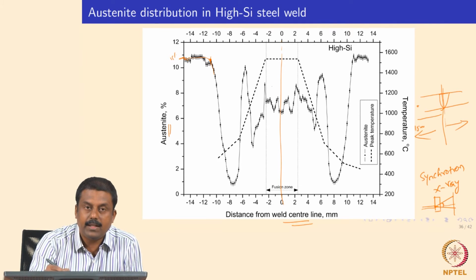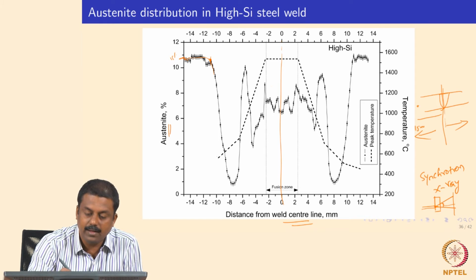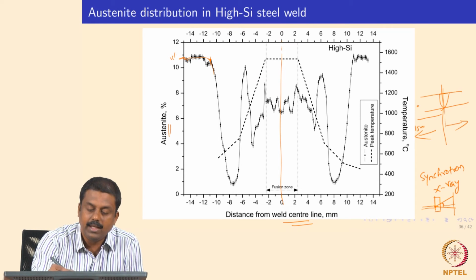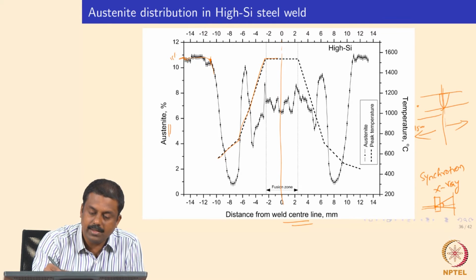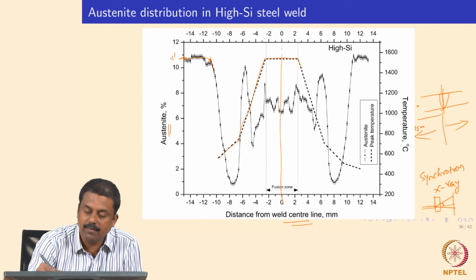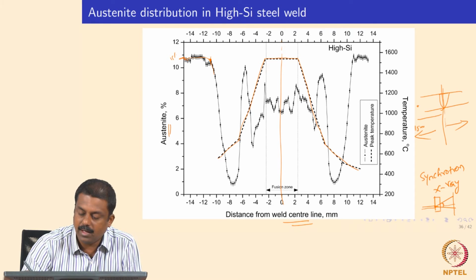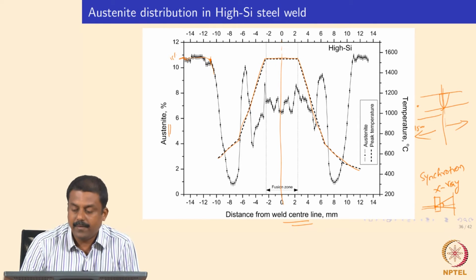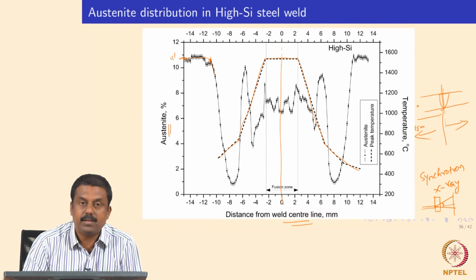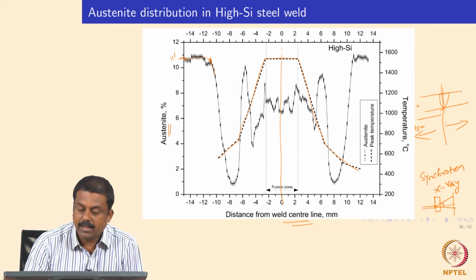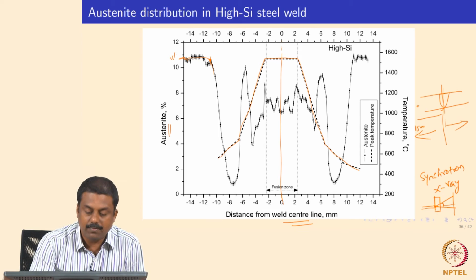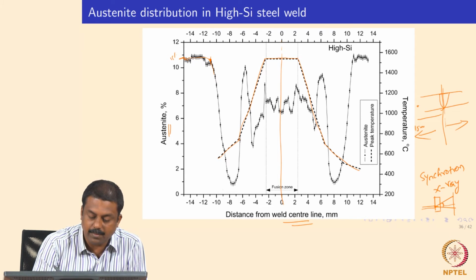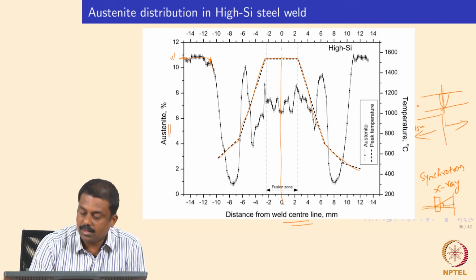And if you look at the temperature, for your reference, I have also given here the temperature cycle, or peak temperature reached during welding, on the plate on which we measure the X-ray diffraction. Say the temperature at this region. Okay, so for example, the region around say 10 mm from the weld center line,